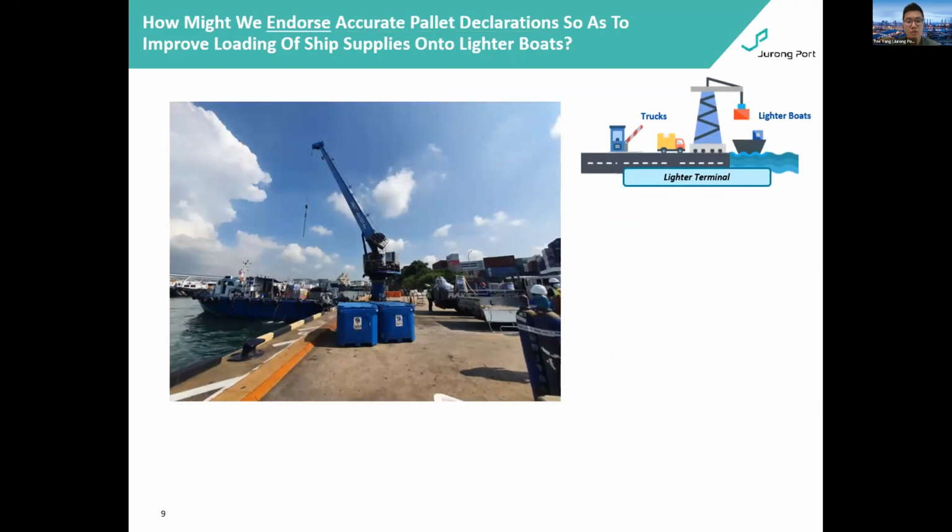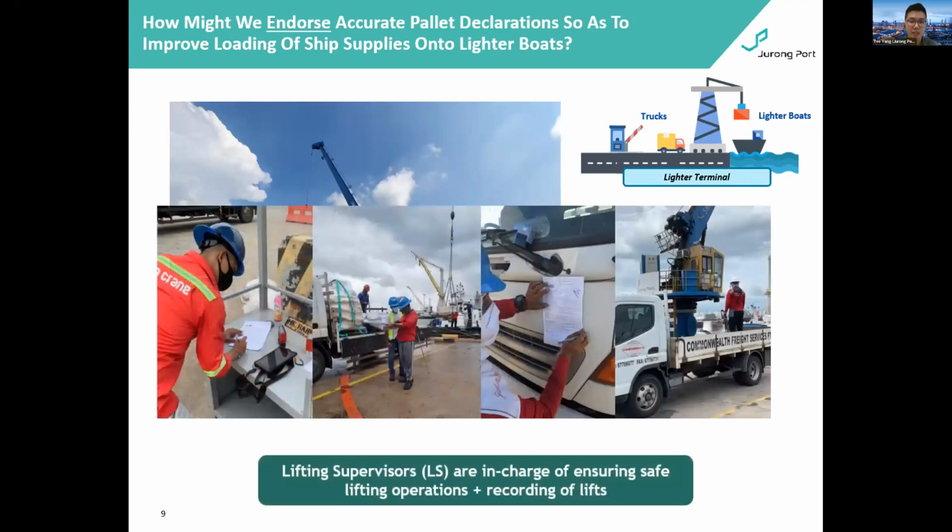Next, we go to the second part of the problem that we face, verification. As you can imagine, as the trucks are being loaded with the different types of cargo, after they have arrived at the terminal, the lifting supervisor would need to physically be there to observe the lifting operation. During this lifting operation, the lifting supervisor not only needs to observe the safety of the operation, but he will also need to assess the number of lifts, the weight of it, and also the volume of cargo being lifted for